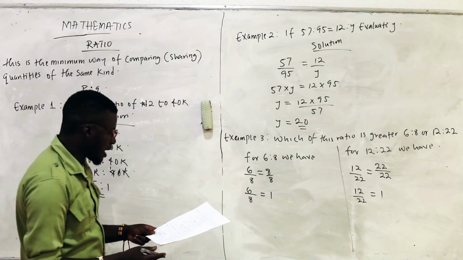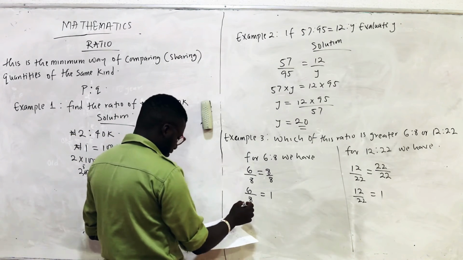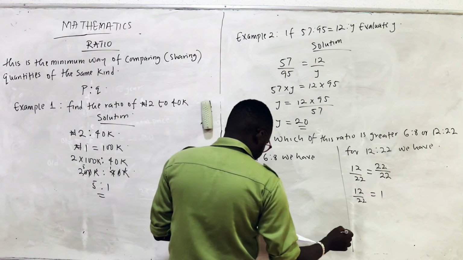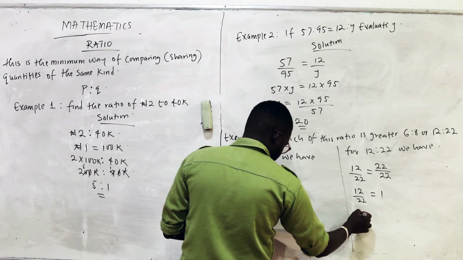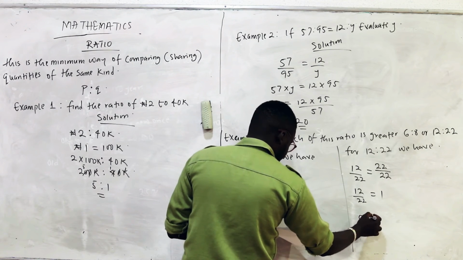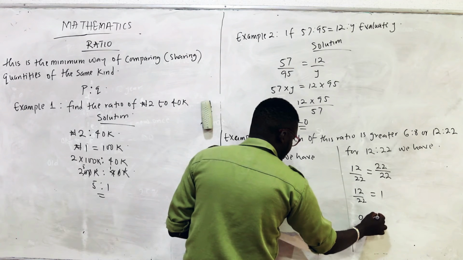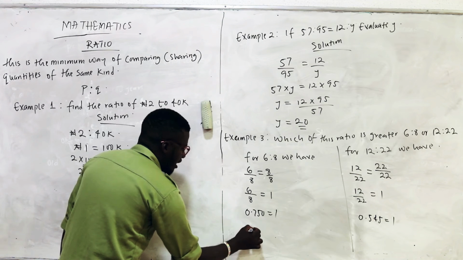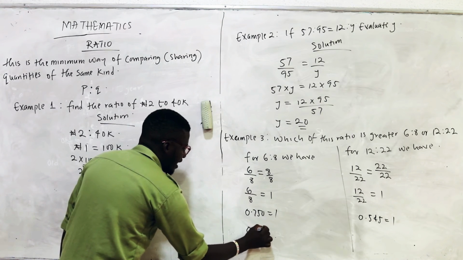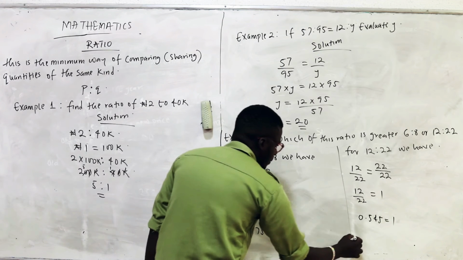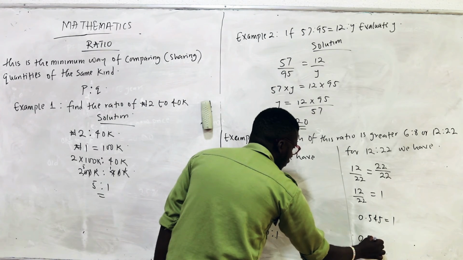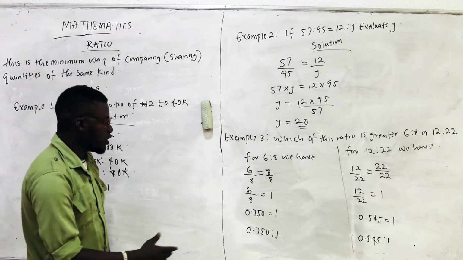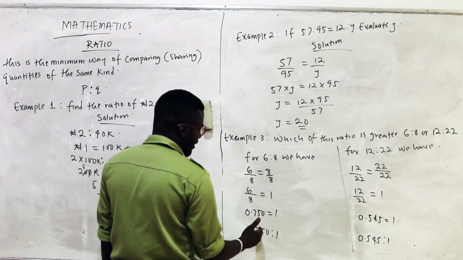So from pressing my calculator, I'll discover that 6 divided by 8, I'll have 0.750 is equal to 1. Then the same thing here, I'll have 0.545 is equal to 1. Then I'll convert it back to the ratio. So I'll have 0.750 ratio 1. Here I'll have 0.545 ratio 1. So looking at both sides, I'll discover that